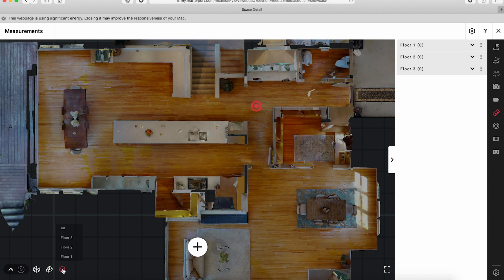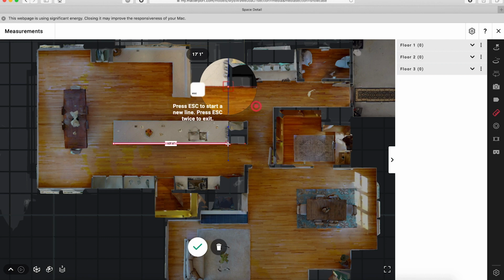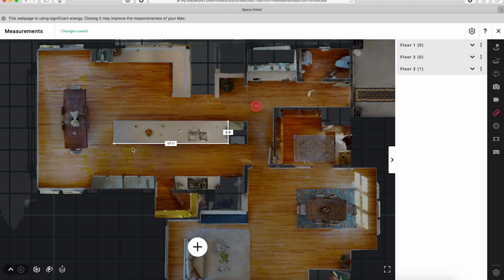I'm going to choose the 3rd floor and add a measurement. I just want to measure the length of this countertop in the kitchen. So I'm going to place a measurement line there and pull it to the end. Okay, now I can continue to measure. I can measure the width, for example, as well, and not just get the length. In this case, I'll stop right here because I've pulled the 2 measurement lines that I want. I can either press the escape key on my keyboard or come down here and press the check mark. Now I know that this is 17 feet 1 inch across this way and 3 feet 4 inches across this way.